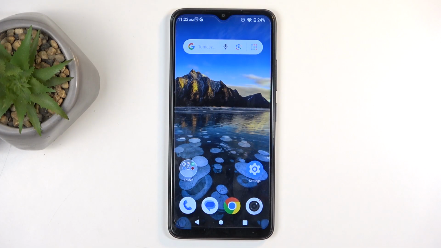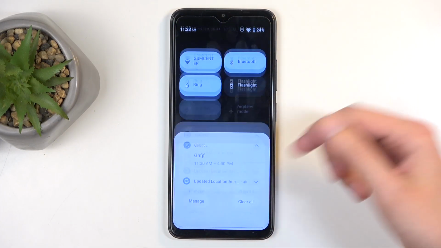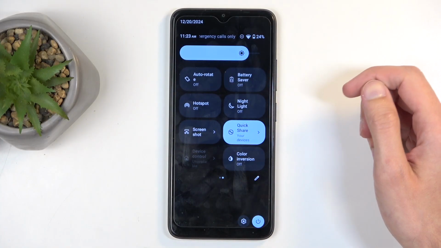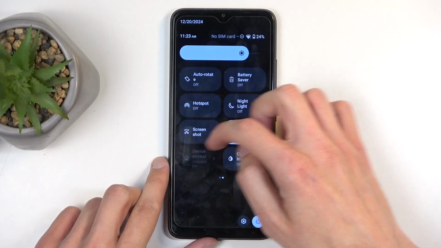So to get started, swipe down from the top of the screen to bring down your toggles, and swipe down once again to extend the list of visible toggles. Now locate the screen recording one, which should be visible on one of the pages, hopefully,